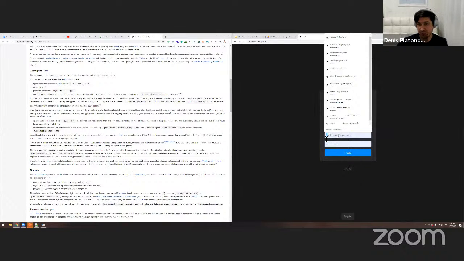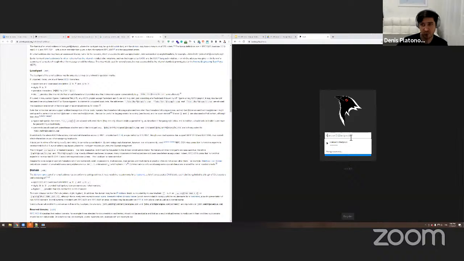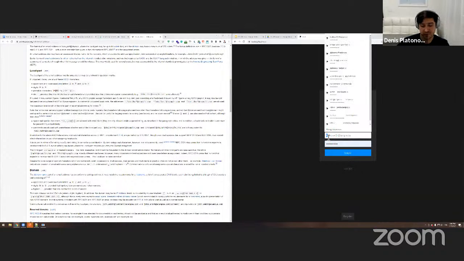What if it's like user? It's a positive test case though, right? So we should create that user, but it should be like uppercase, or it could be the same, but we should be logged in, right? Because according to this, it's A to Z. But then you see it's Latin. We're like, okay, what if it's not Latin? What if it's like, I don't know, some other Japanese? So that's another test case right there, just by reading this.